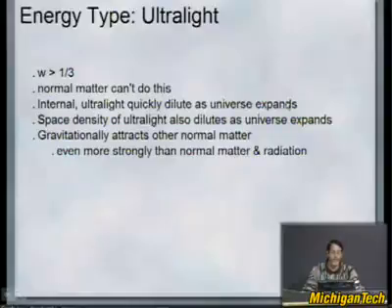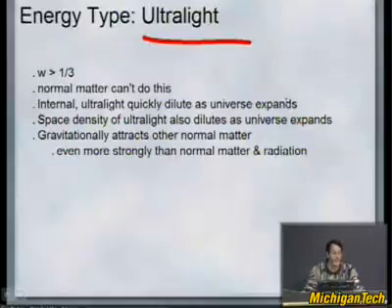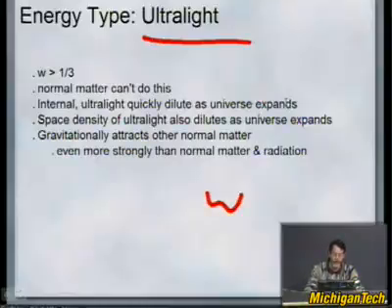Ultralight is a stable form of perfect fluid that might exist that's not discussed in the literature. I actually mentioned it in my article because I hadn't found it. It was a hole, it seemed to me, in the Friedmann equations. This dilutes faster than even radiation in the universe. It is not seemingly controversial because the magnitude of W is not greater than 1. All it has to be is greater than 1/3.